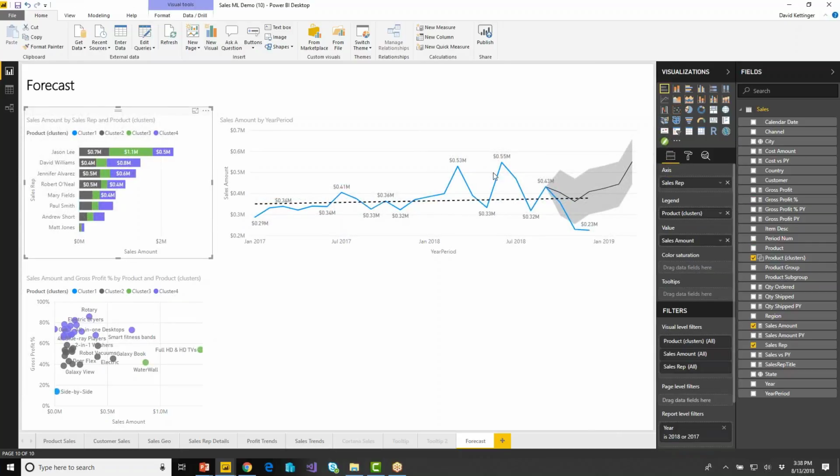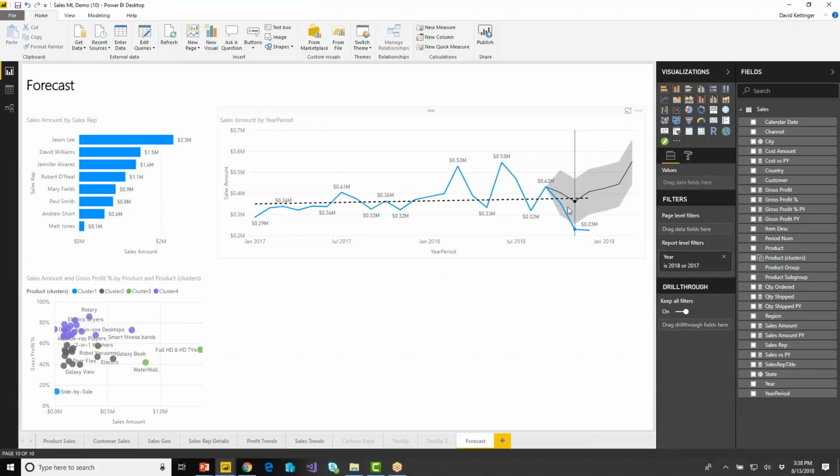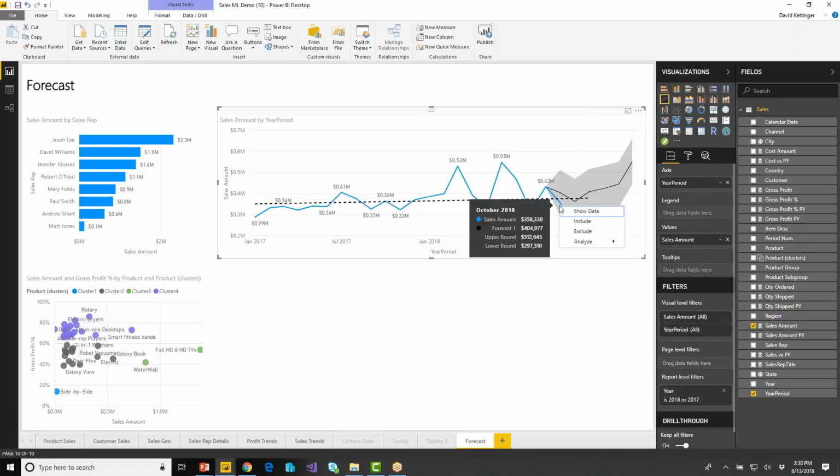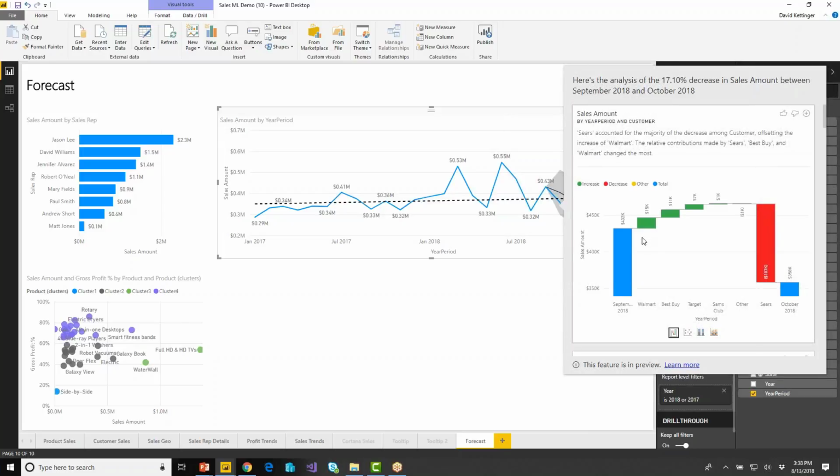All right, so I'm going to go ahead and remove that legend from this visualization, and we'll come back to the question of why did sales fall off so rapidly in the last quarter. Well, if I come in here, I can use this automated insights feature, and this time I'll choose analyze and explain the decrease. So what that's going to do is run a set of algorithms over this data in order to find or try and explain why sales fell off by 17% between September and October of 2018. And so this first insight that Power BI found was around our customers,